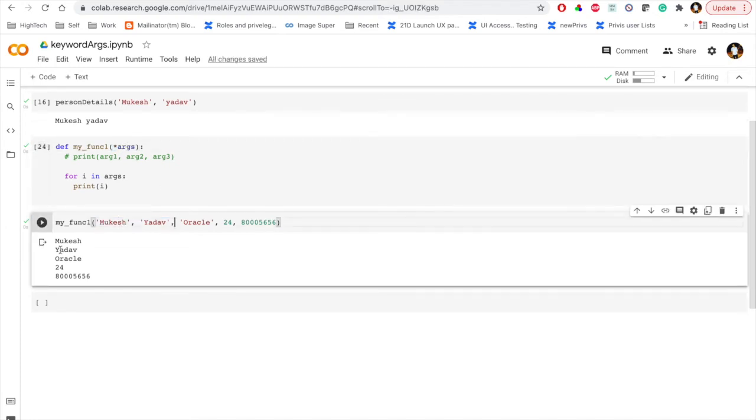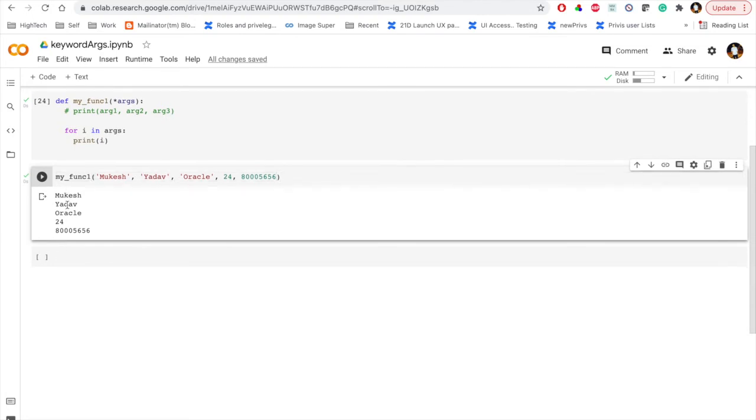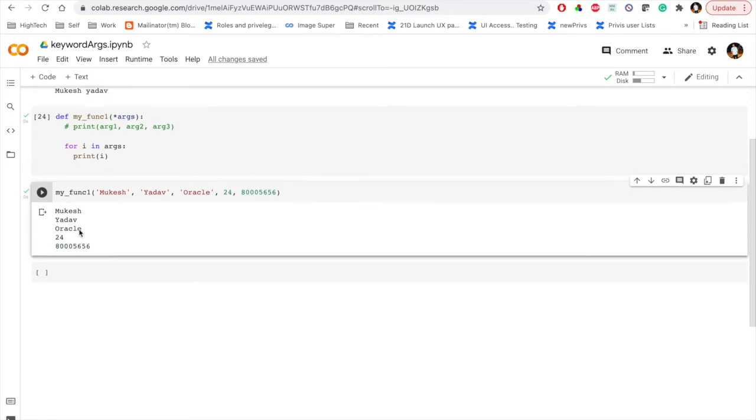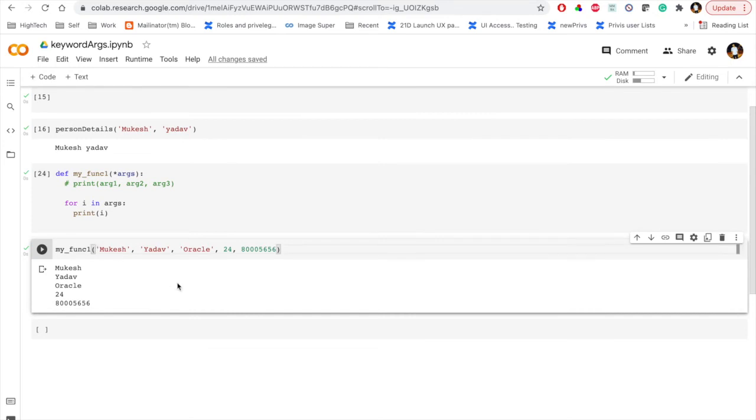But guys, again this is confusing. What is Mukesh? What is Yadav? What is Oracle? What is 24? What does this number represent? So here you want to specify the extra recognition part, like first name equals, last name equals, company equals, age equals, and phone number equals.